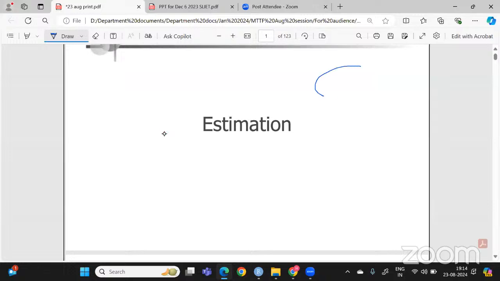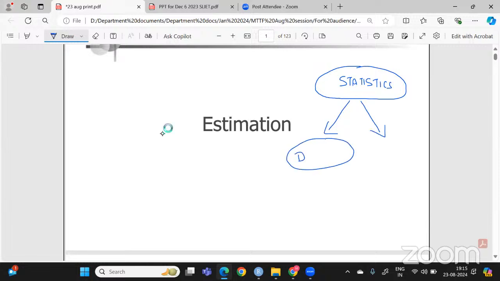So let me start today's session with a very simple introduction. We know that we have a very major branch called statistics, in which we discuss not only how to collect the data and how to take a sample, but it will also help you to extract inference from the observations, right? So we segment statistics into two major branches. One is called descriptive statistics,